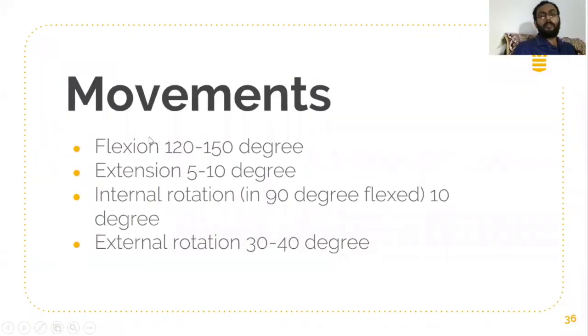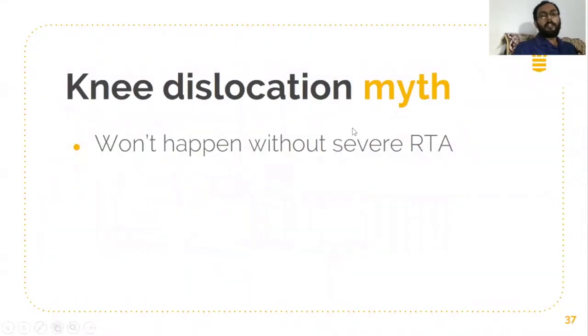Coming to the movements of the knee joint, flexion is between 120 and 150 degrees, and normal is 140. Internal rotation and external rotation are possible only in a 90-degree flexed knee joint. In complete passive flexion, it becomes 155 degrees. Please note that knee dislocation occurs only due to high energy trauma, and requires surgical correction. The only other subluxation in the knee joint is patellar subluxation, which we are able to manage conservatively or by close manipulative reduction. Regarding ligament tear, there is no such reduction method.